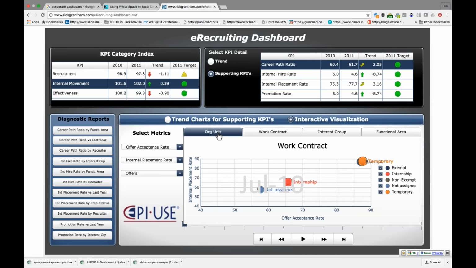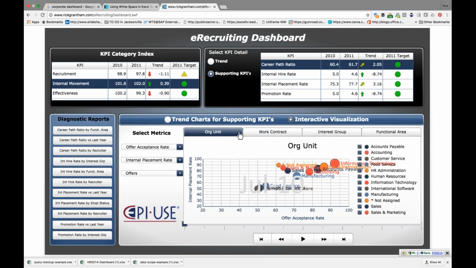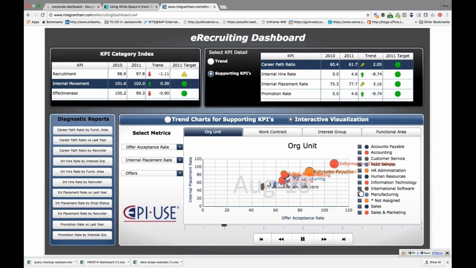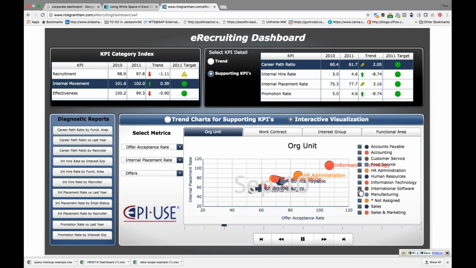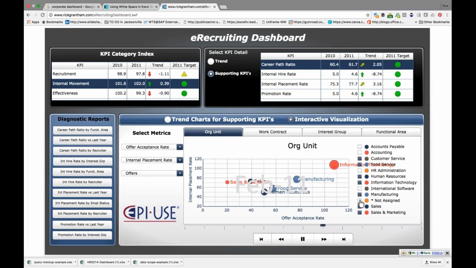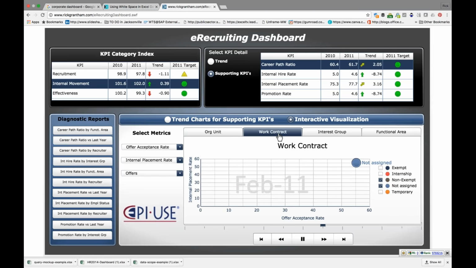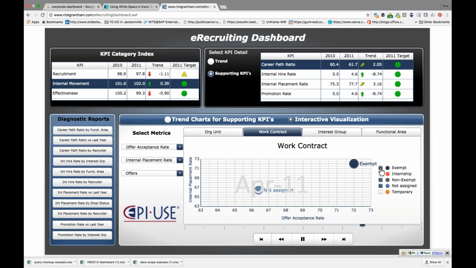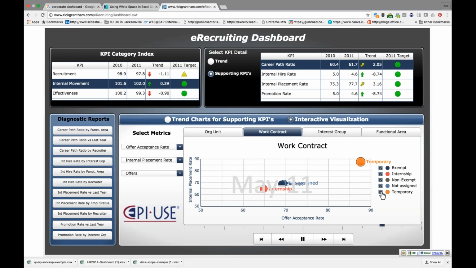Now, you might say, well, Rick, this is 4 ways of slicing the data, and I'd argue with you and say, no, it's actually 5, right? We have 1, 2, 3, 4, and the 5th, which is a little bit faint here, but it says July 2010, which you see whenever you press the play button. August, September, and I'm able to deselect things I'm not interested in, etc. Right? So now I have a little bit more interactivity that I'm able to give an executive, and at the same time they go over to work contract, they could play with the data they're interested in, and get a bit more information to be able to send over to the analysts. Right?